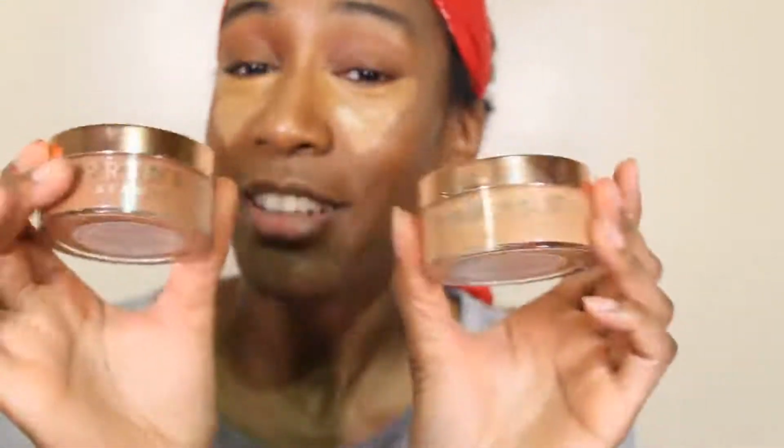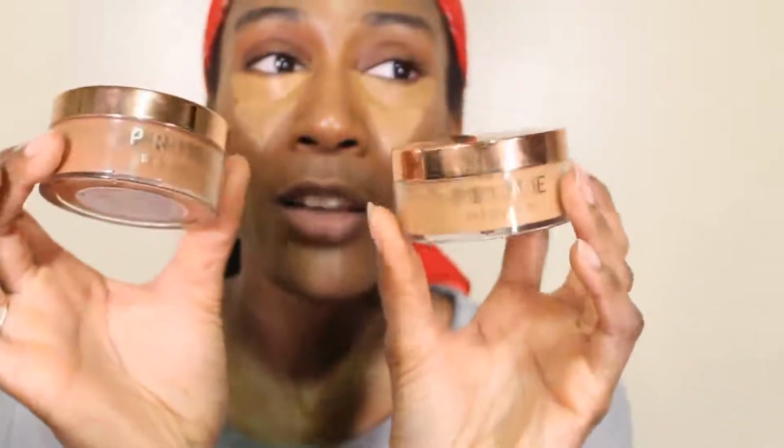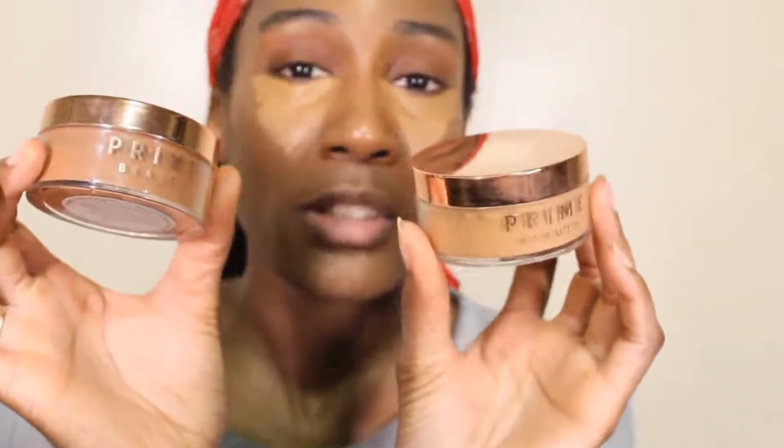So I told y'all I was gonna buy the Prime Beauty powders. I had so much other stuff to buy all throughout the year though, till I finally got around to buying them around, I think they had 12 days of beauty or 5 days of beauty or 7 days of beauty. Sometimes some amount of days of beauty where they gave discounts on each thing. So when they did these for, I think it was 10 or 15 or 20% off, I went ahead and